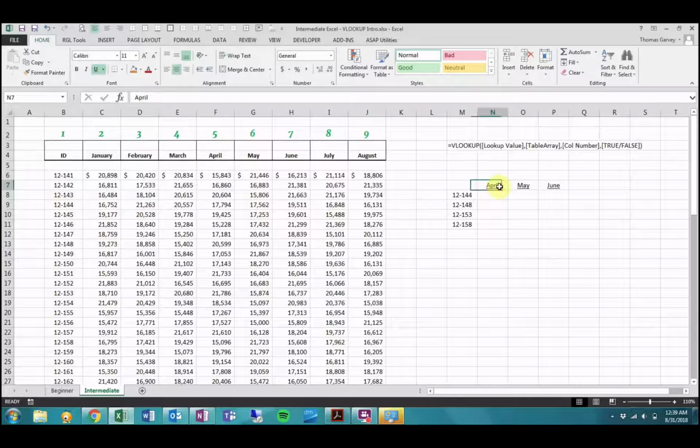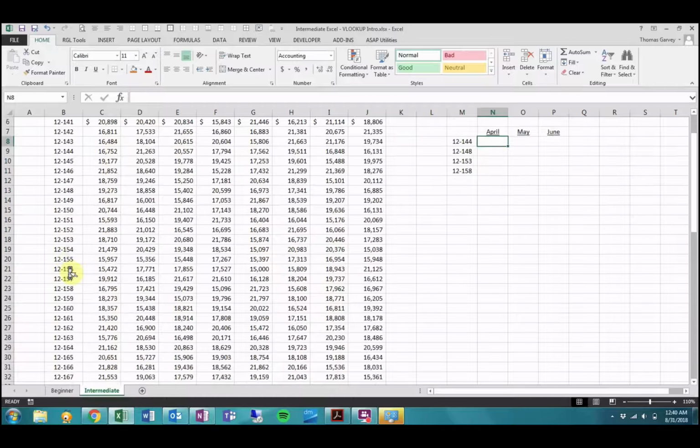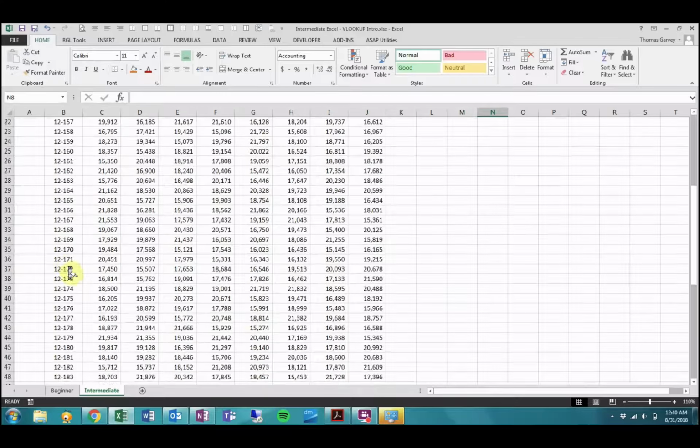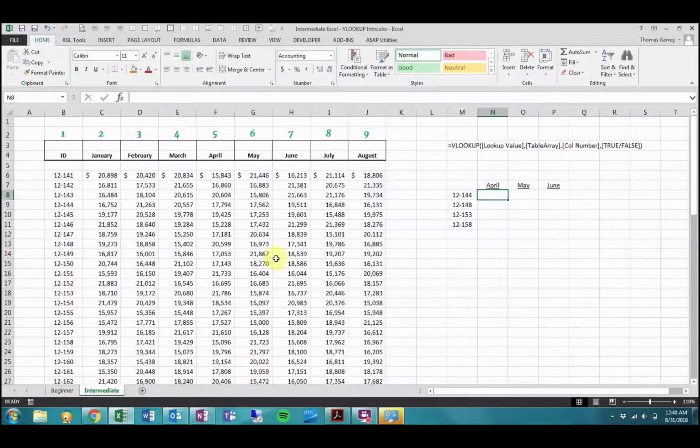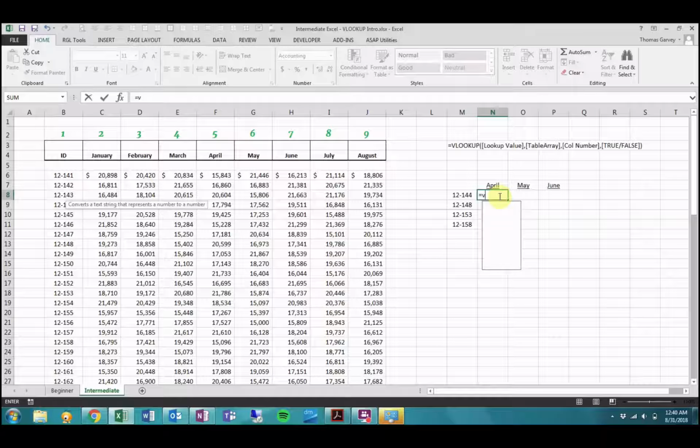So let's look here. I want to look for ID number 12-144, and I want April, May, and June's information. Without having to search through all of this data, let's just use a VLOOKUP and find those amounts for those particular months. I have my formula up here just as a reference, but let's go equals VLOOKUP. And now my lookup value again is going to be this ID,